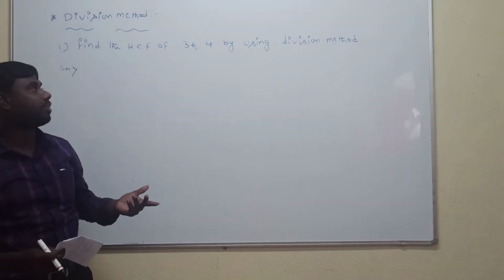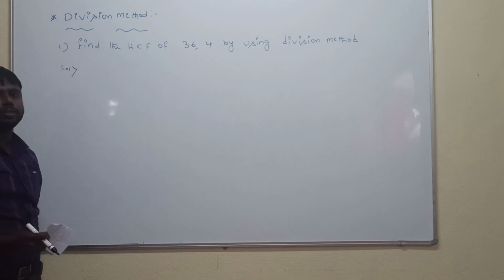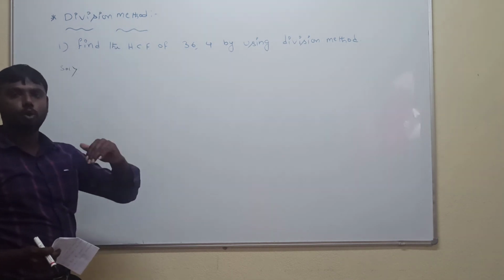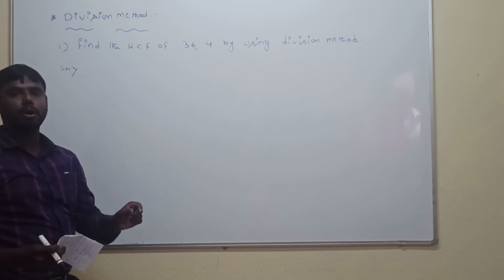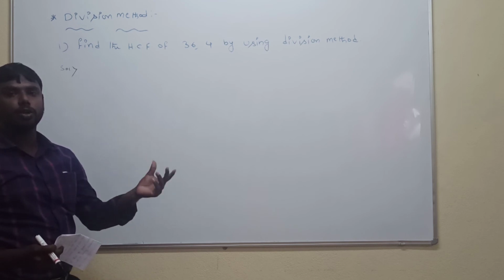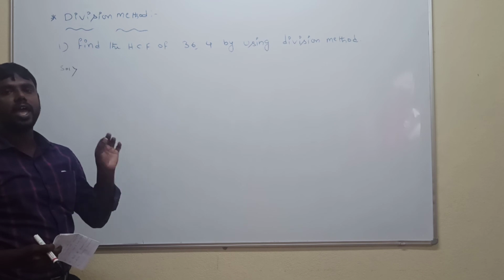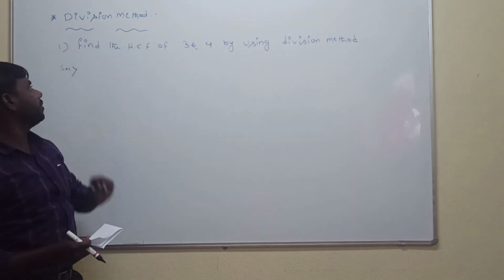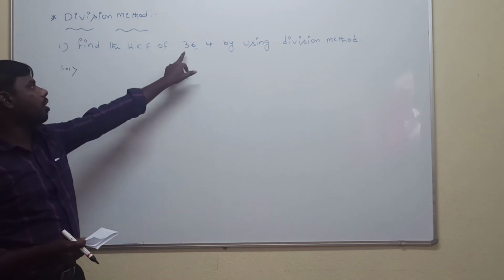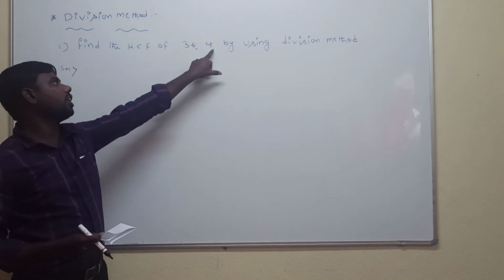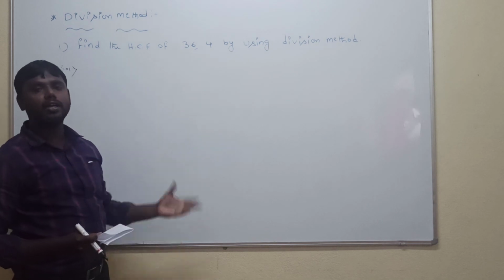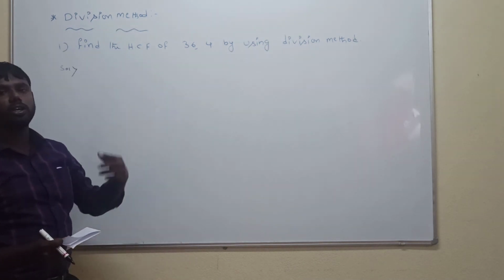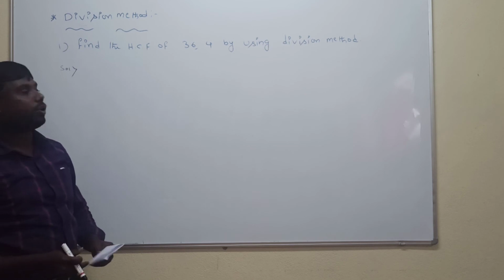What is the condition for the division method? Divide the largest number by the smallest number of the given numbers until the remainder is 0. The last divisor is called the HCF. So what is the condition for the division method? Divide the largest number by the smallest number until the remainder is 0. Then the last divisor is called HCF.